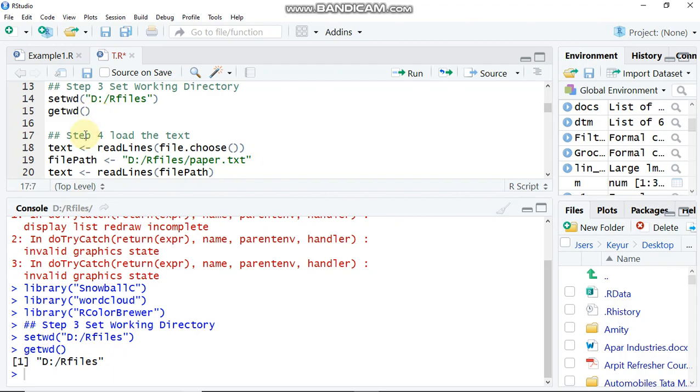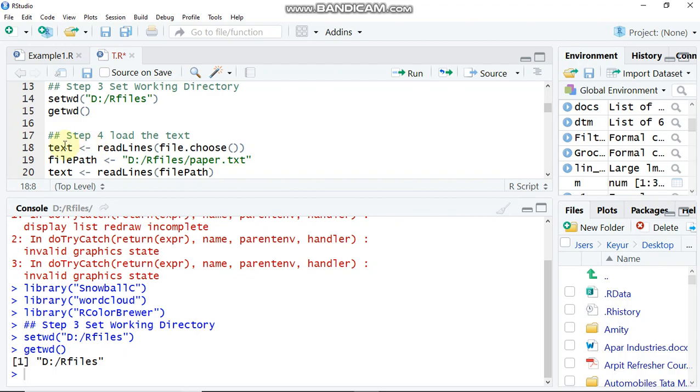Fine. In step number 4, I am loading the text, meaning the lines of text which are available in the document, into my RStudio. So what is text? Text is nothing but a memory variable created by me in RStudio, and this less than and hyphen indicates an assignment operator.